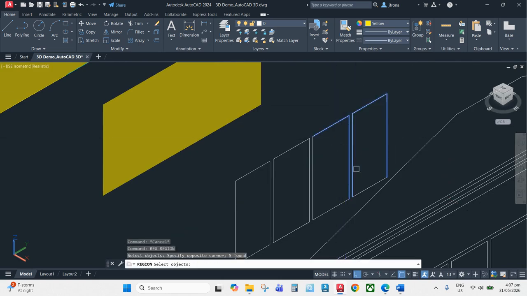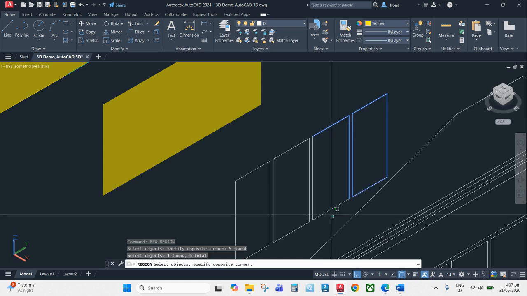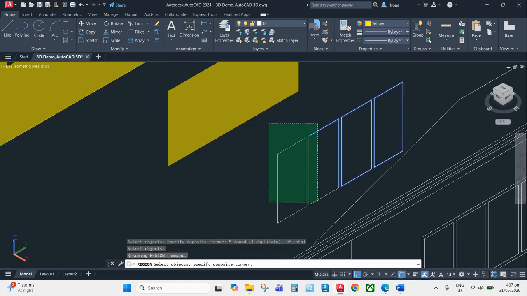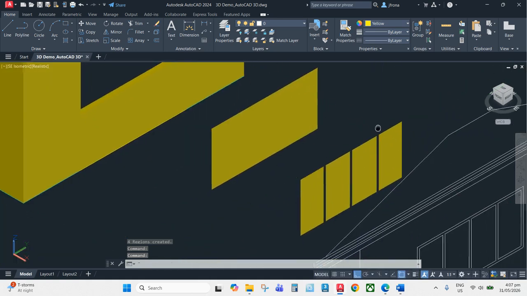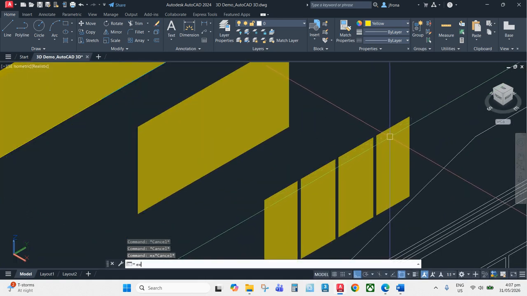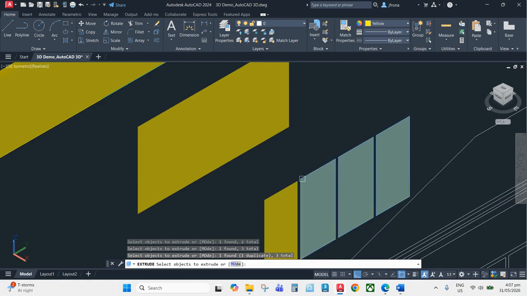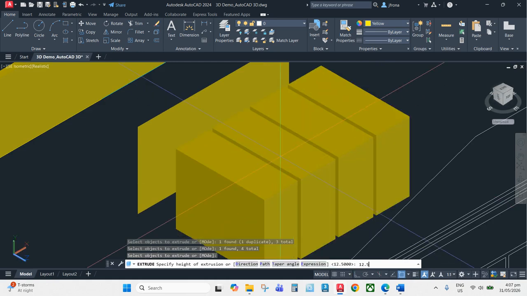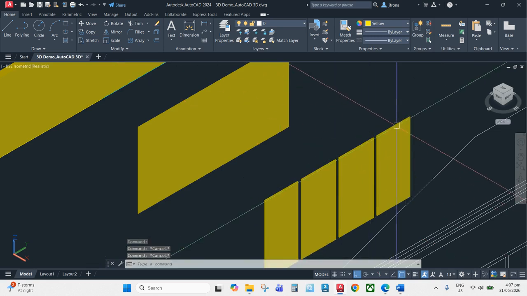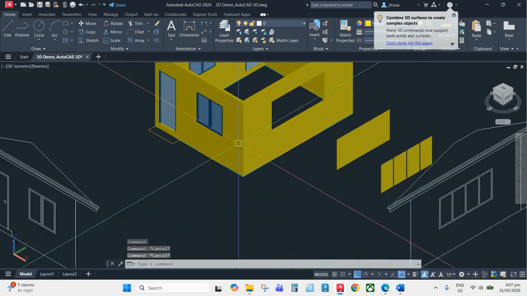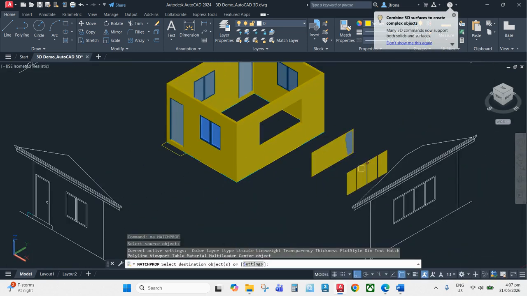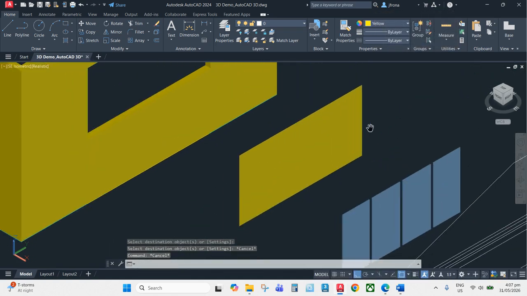It's probably because I'm selecting other lines that are not part of the region area. So that's why it doesn't work. So I'm going to extrude these objects here to 12.5 for the depth. And then I'm going to union them all. Then I'm going to match the colors of the windows or window panels. And then these I'm going to extrude at